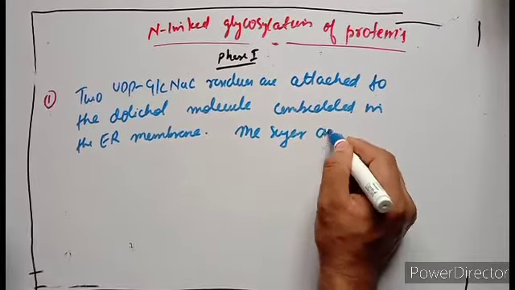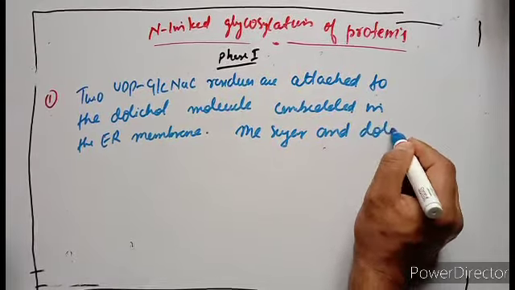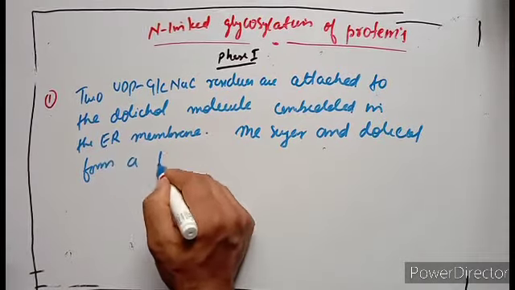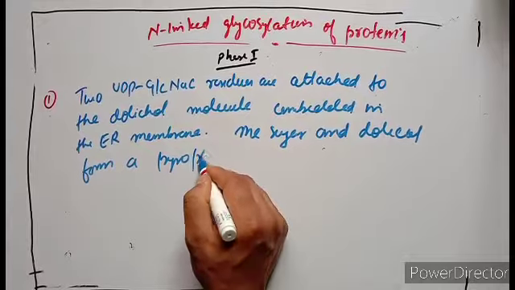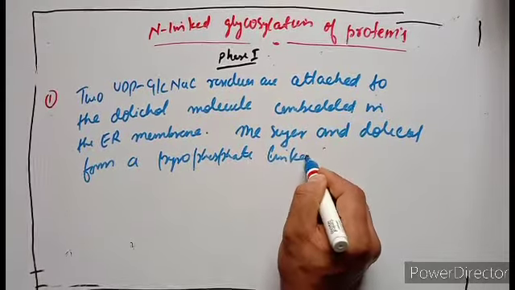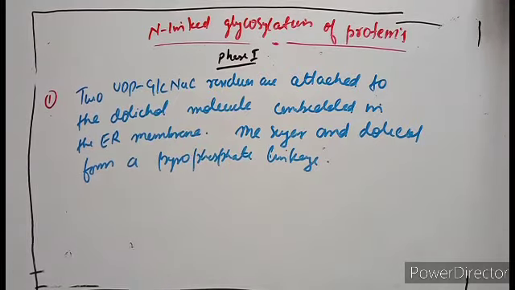The sugar and dolicol form a pyrophosphate linkage. तो अगर हम नॉर्मली देखेंगे, ठीक है, अगर हम डायग्राम के बेसिस पे देखेंगे तो सबसे पहले क्या होता